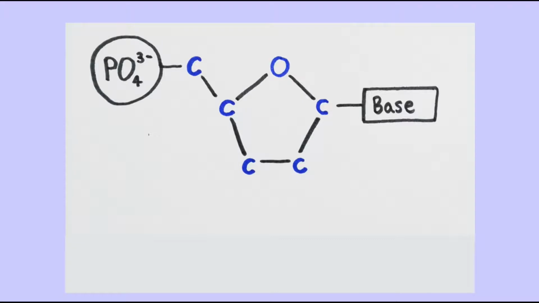If we look back at the structure of a single DNA nucleotide, we can see that there are 5 carbon atoms making up the pentose sugar. The phosphate group is attached to carbon number 5. The little apostrophe after the number tells us to read this as 5'. So this is the 5' end